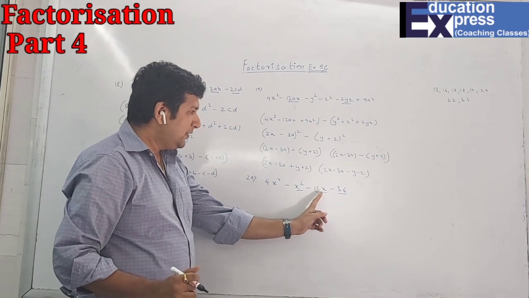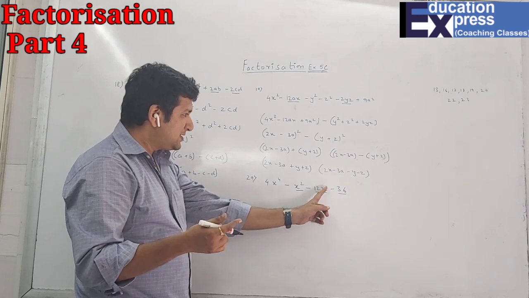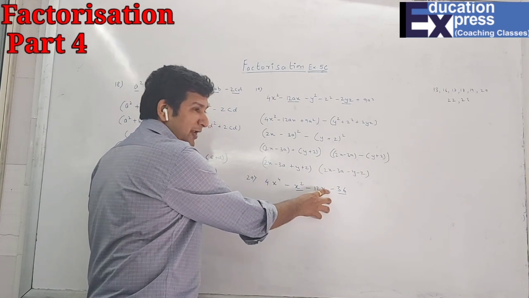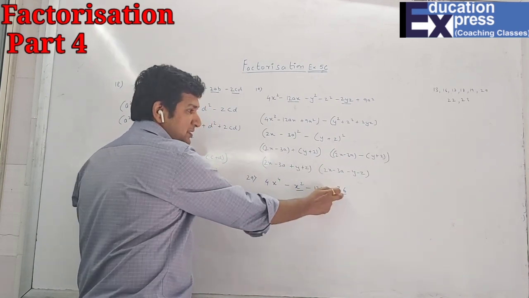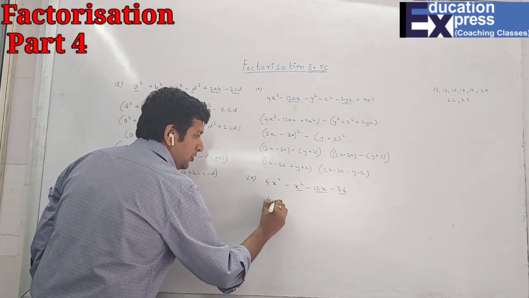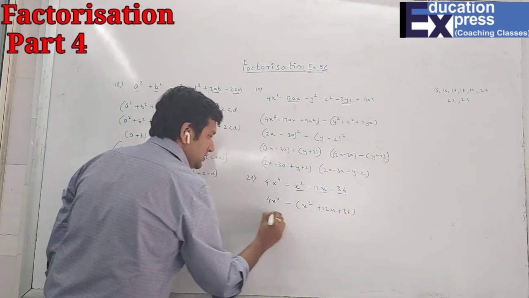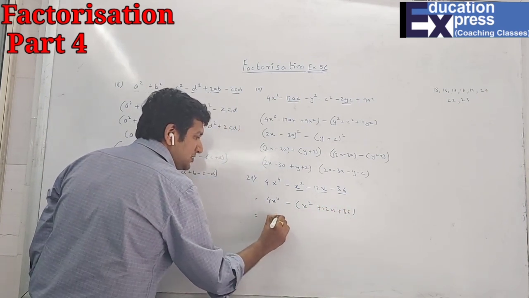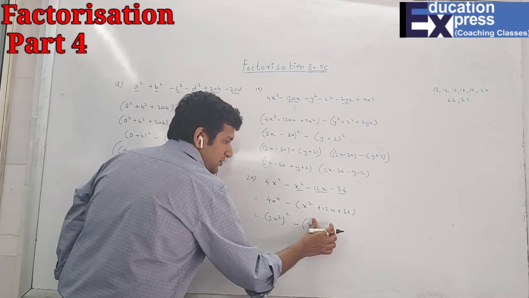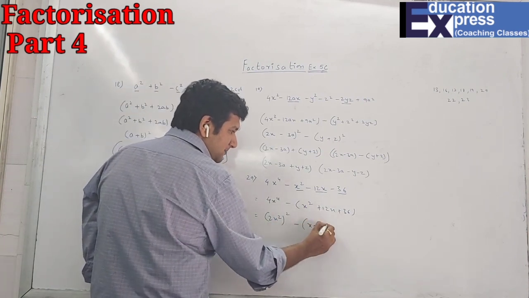I repeat, here 12x is not perfect square, so the one will definitely be x, and x will be what? You have to square x, so x square, which is this. Second, the number is not the variable, it is the number which is without the variable, that is 36. So this is a negative grouping, so this will come afterwards. First will come this, so 4x to the 4 minus common, x square, 12x plus 36. This is the perfect square for 2x square, and this is x square. Obviously (x plus 6) square is that 36, and this number does not have a square, is plus.